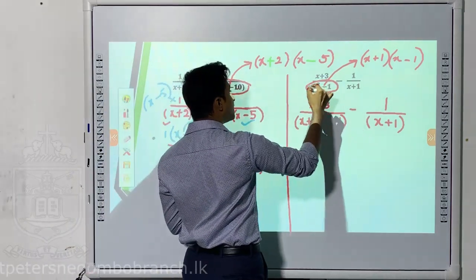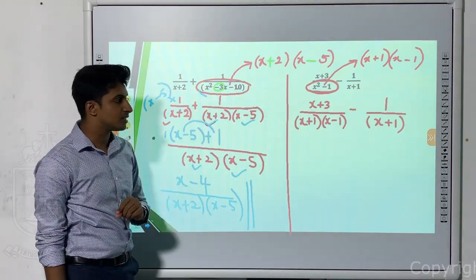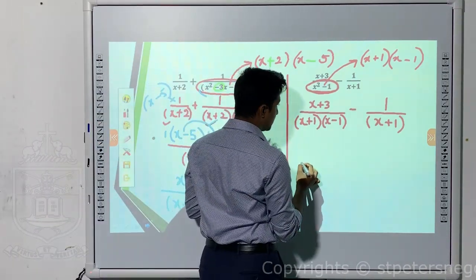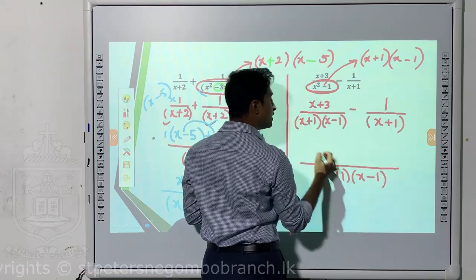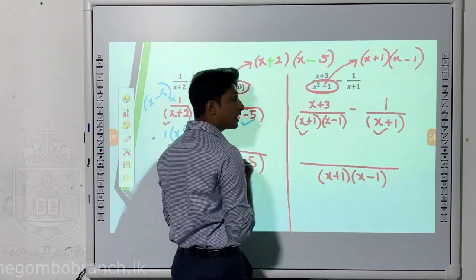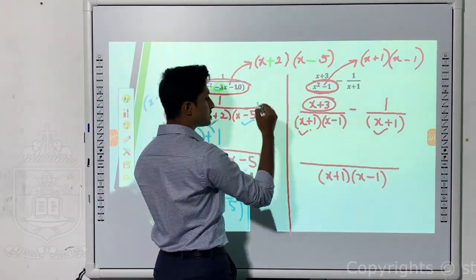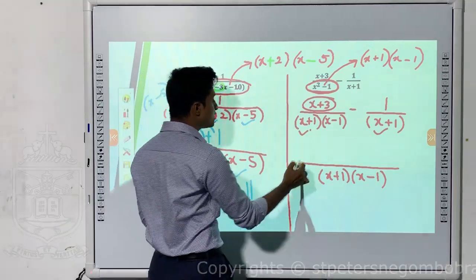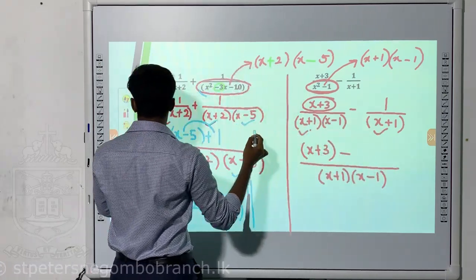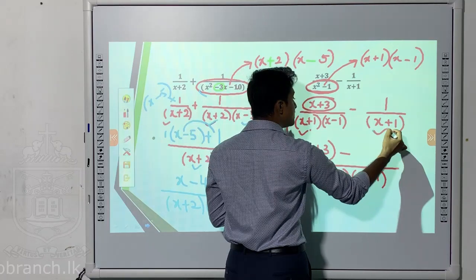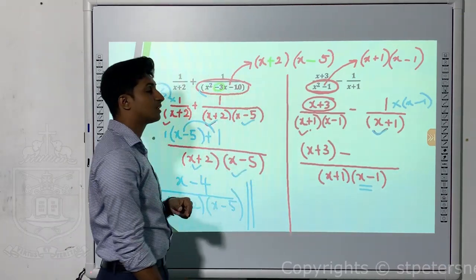How? I have separated x squared minus 1 into factors. Then what I'm supposed to do, take the common denominator as x plus 1 times x minus 1, because x plus 1 is common to both and the other one also I will have to take. Here no change is done because x plus 3 already has both the terms, so do not do any change to x plus 3. Minus 1 over x plus 1 is there. You need to give another value. X plus 1 is there, but you don't have x minus 1. So you need to give x minus 1 to this term.